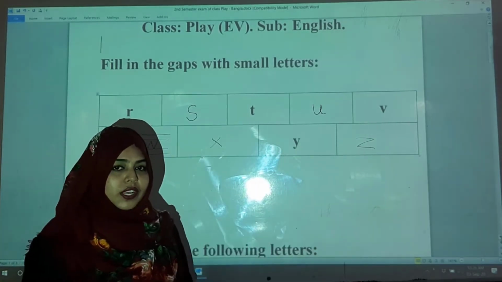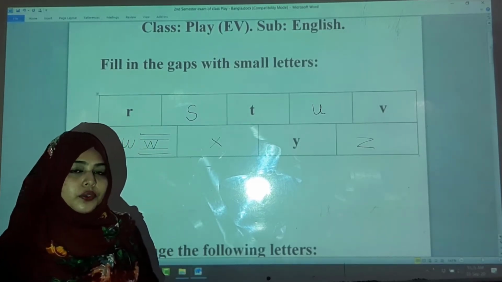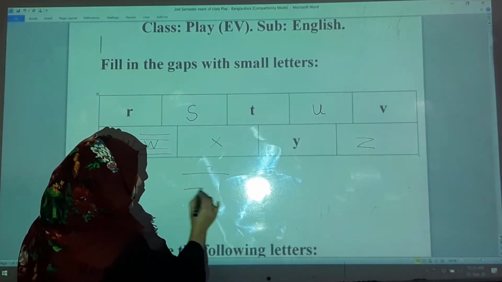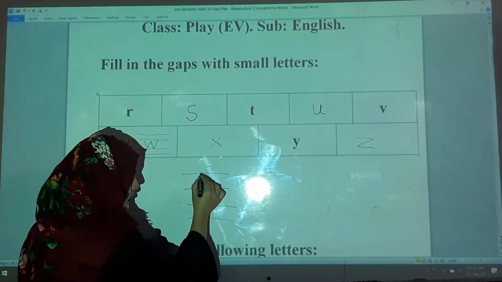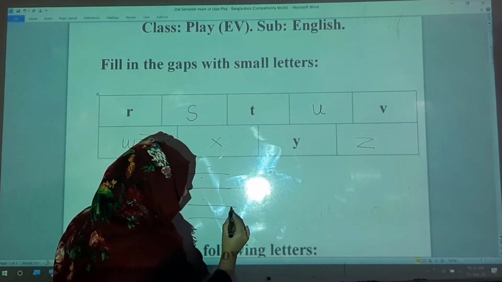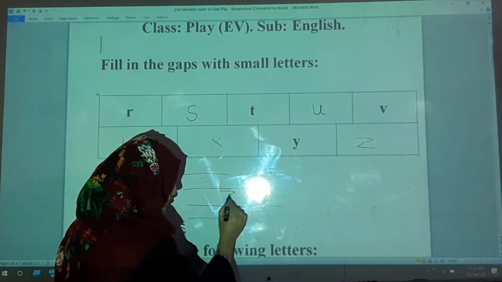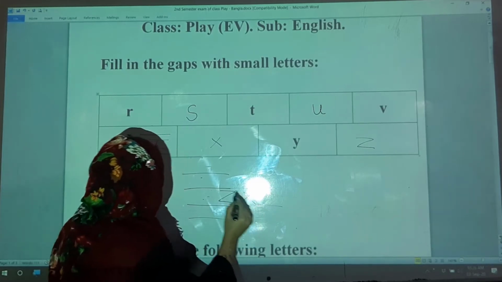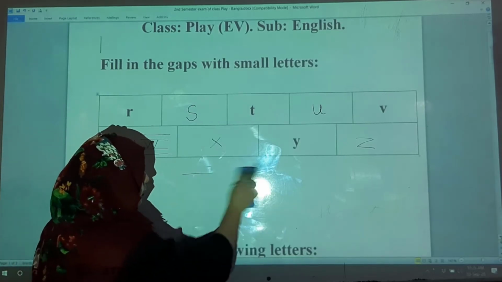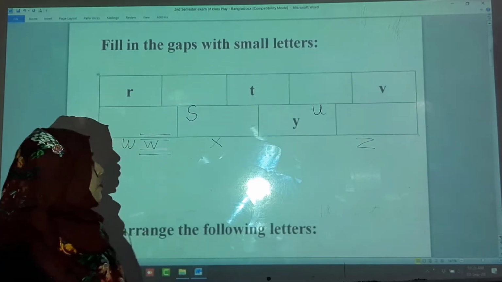You have to remember one thing, that in our handwriting copy, capital letters are used in the upper two lines, these two lines, and small letters are used most of the time in the middle of the line, this line. Look at this, Z, X, W. Okay, just like this. My dear students, I hope you understand what I am talking about. Okay, let's go for the next topic.